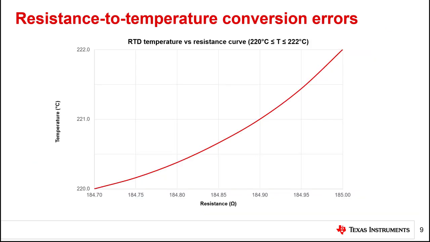Finally, the resistance to temperature conversion process can also be a source of error in RTD measurement systems. A previous Precision Labs module on RTD measurement circuits introduced the concept of linear interpolation, which is a simple method to calculate a temperature from a measured resistance that is not directly included in the lookup table. As its name implies, linear interpolation assumes that the actual RTD response is linear between the points given in the lookup table. However, since an RTD response curve, such as the one shown here, is derived from a polynomial, linear interpolation errors can occur.